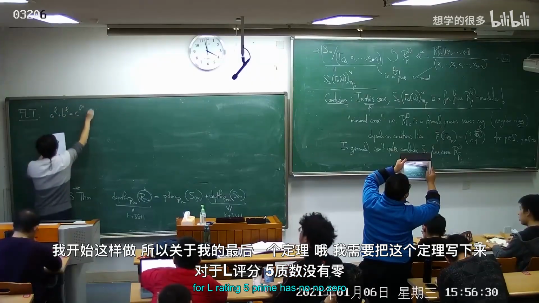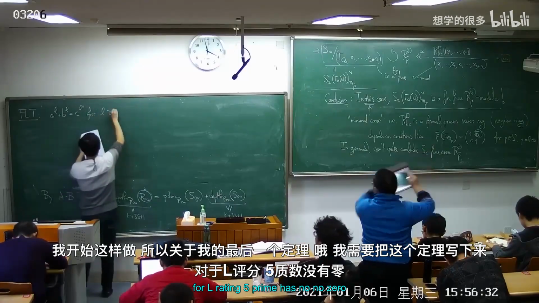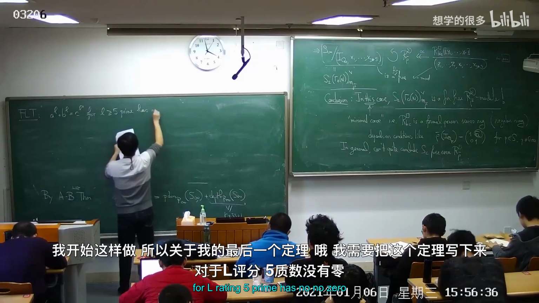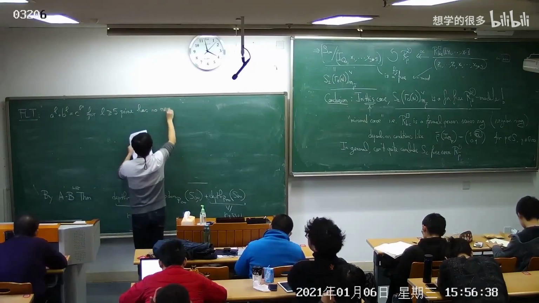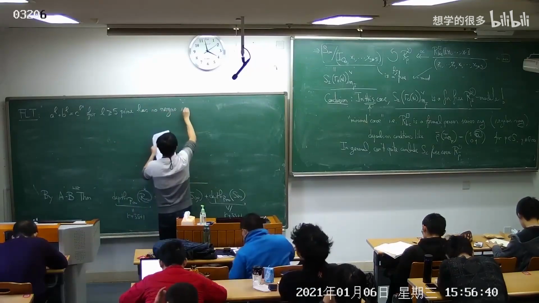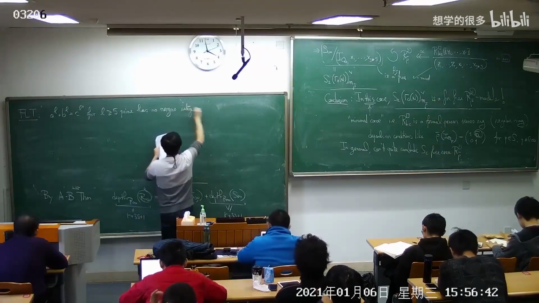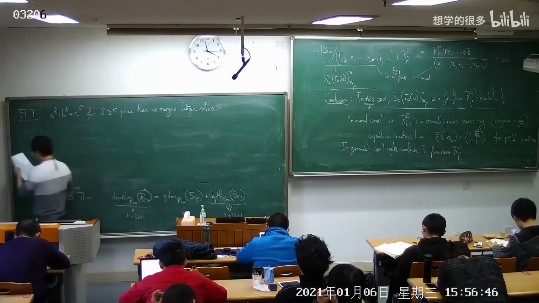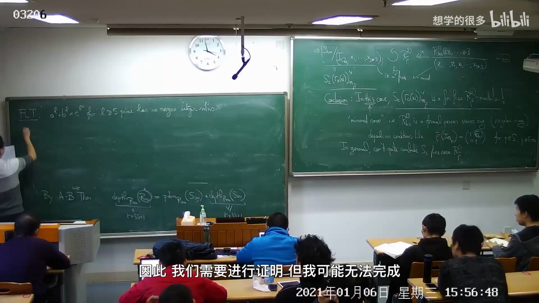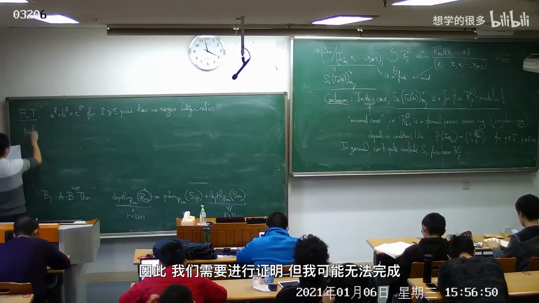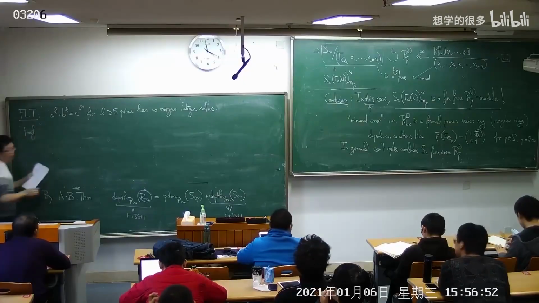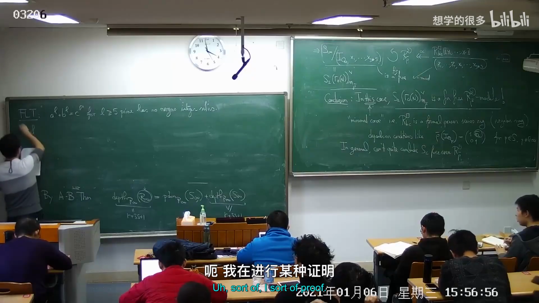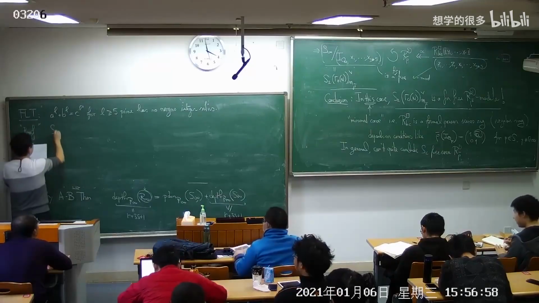For l greater than or equal to 5 prime, a^l + b^l = c^l has no non-zero integer solutions. So proof, in a sense I won't be able to finish. Sort of proof. So suppose there's a solution